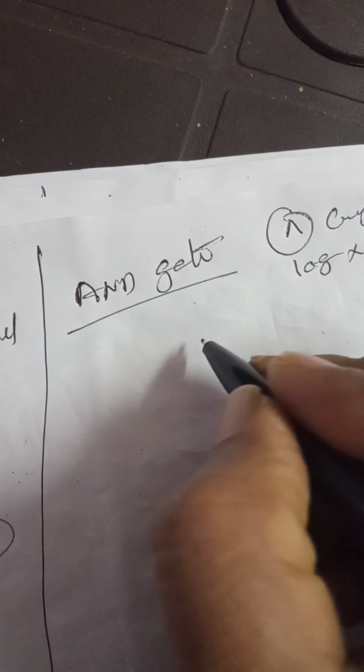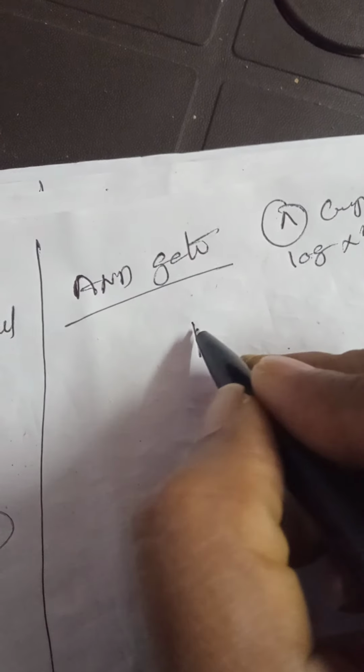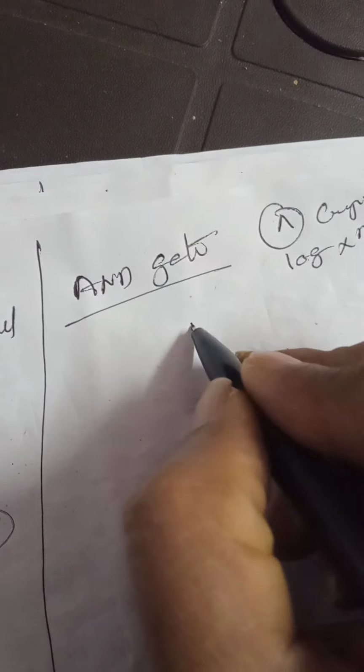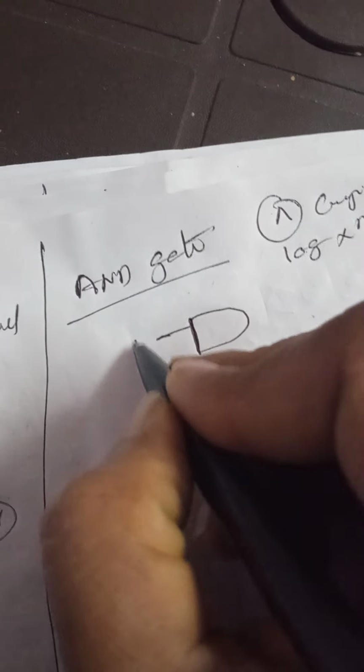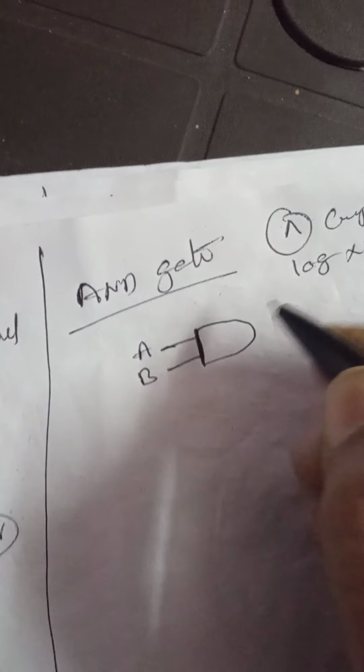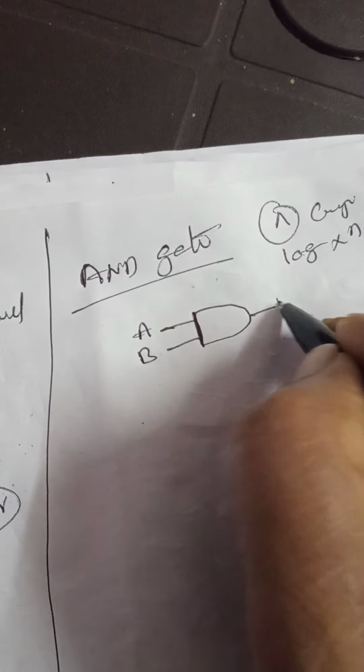Okay, now here the pictorial diagram is this one. You should remember this one, like a capital letter D with a straight line, right? Now this is the notation. When A is an input, B is an input, the output Y is nothing but A dot B. We said AND gate is nothing but logical multiplication. Even if the inputs are A and B, output is A dot B, right?